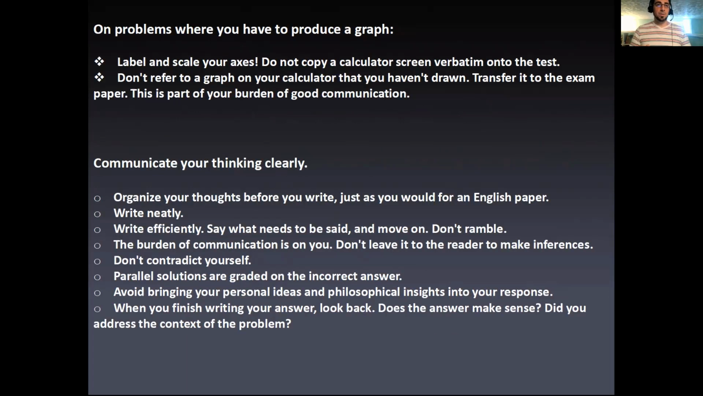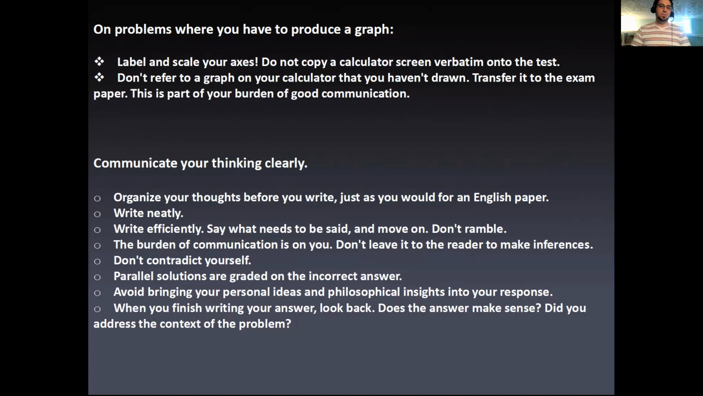Now let's talk about problems where you have to make a graph. Make sure you label and scale your axes. Do not copy the calculator screen exactly as it is onto the test, because you need to put the scaling and the labeling. And don't refer to a graph on your calculator that you haven't drawn. I've seen students, even in my own course, check conditions for a certain hypothesis test, and they'll appeal to the graph, and they didn't put the graph on their paper. You have to put the graph down. You have to show the data display, even if you generate it on your calculator, if you refer to it. So just transfer it to the exam, make sure you label and scale your axes,